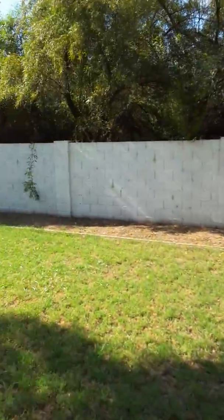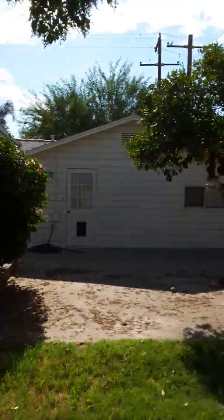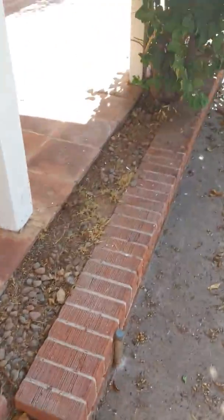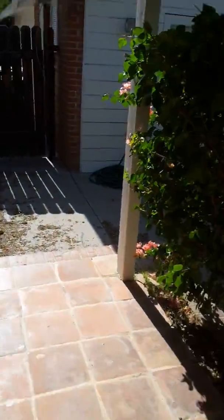Cinder block walls, standard. So definitely a small pet-friendly environment. Get more rent, unless you're going to keep this for yourselves. But steps, garden if you wanted to plant some flowers. Inlaid tile, original. And then this is that Saltillo type stuff. These doors are a little warped. That's heading into the master. Just a little wear and tear. I'm going to assume that those